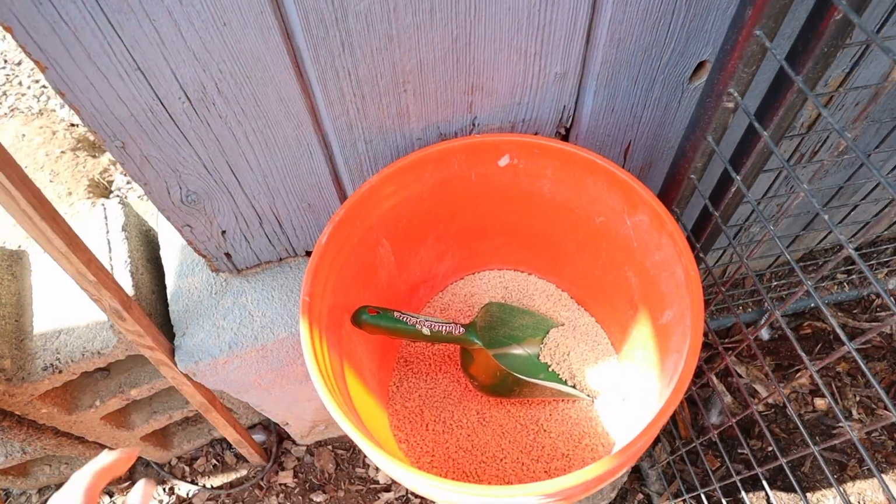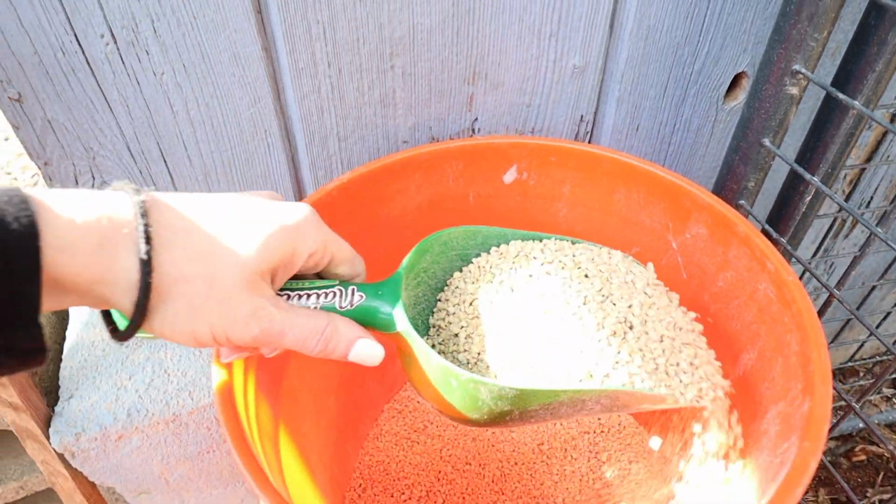Now, here at our homestead, I did mention that we use NatureServe, but there are a bunch of different brands of game bird or turkey feed that you can use for quail. We usually like to have ours on the starter, and we will just keep that on them for their entire life, because we do harvest a lot of our quail and put them into freezer camp. But if you are growing out your quail for longevity, you might want to switch to more of an adult type feed or a layer feed at some point, which may be lower in protein. You can definitely go ahead and check all of the different brands at your local feed store. I'll include the link of the NatureServe feed that we use below,